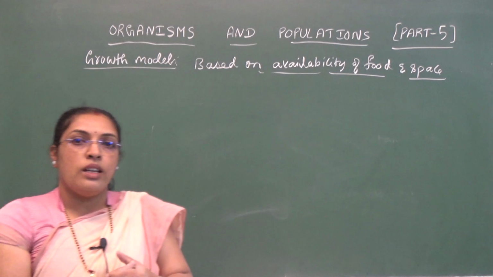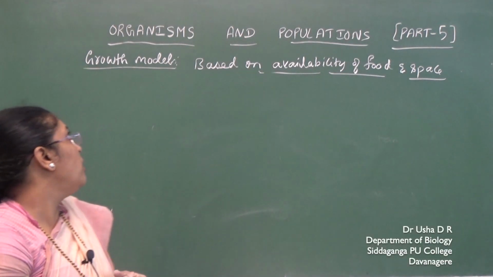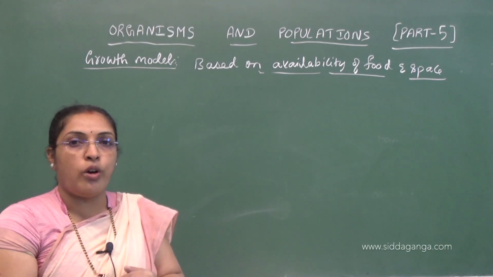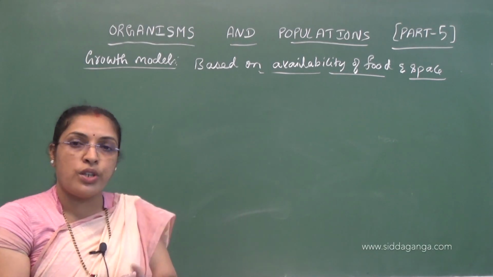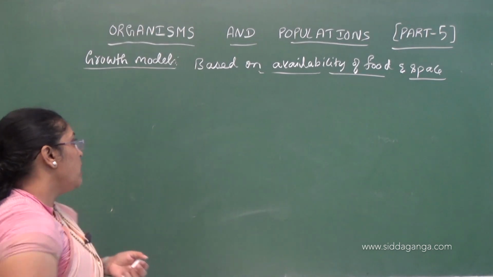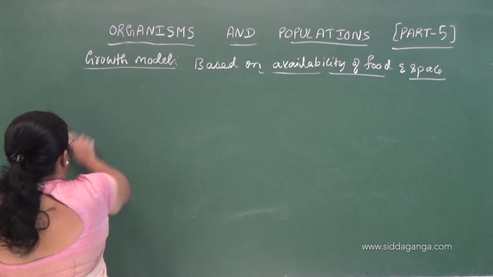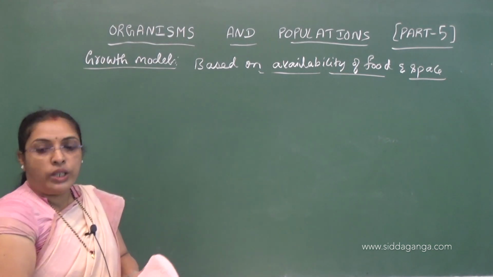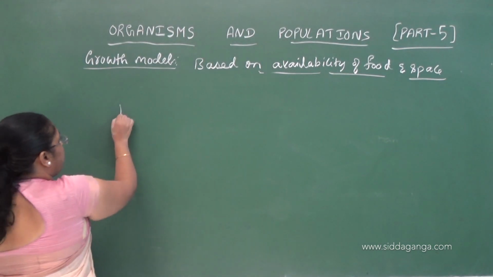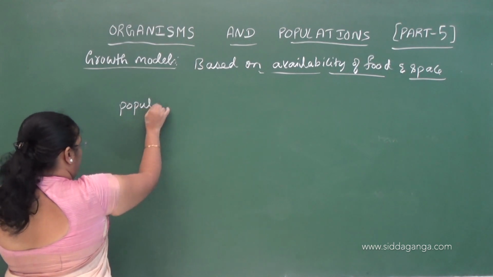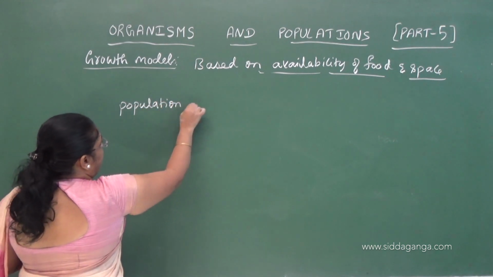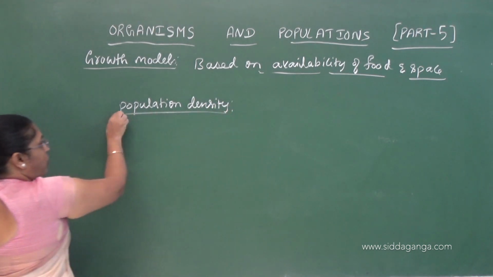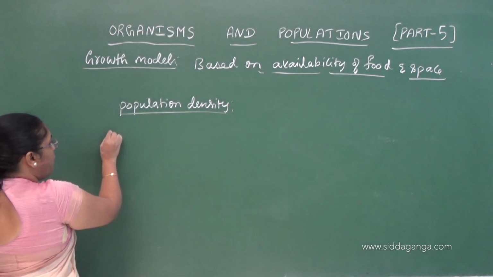Namaste children. Let us continue with the topic organisms and populations. Today we will discuss growth models based on availability of food and space. In the last class we discussed population density. Under population density we have four factors: